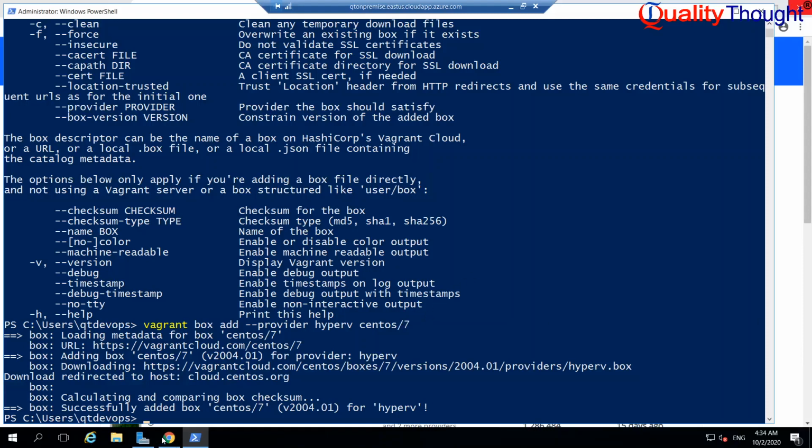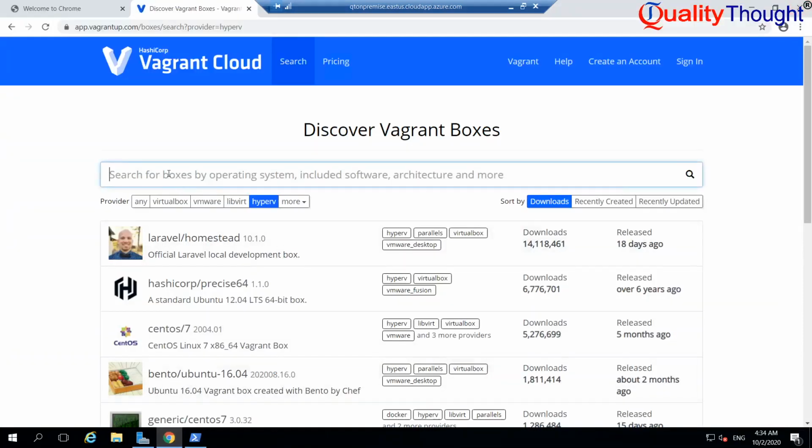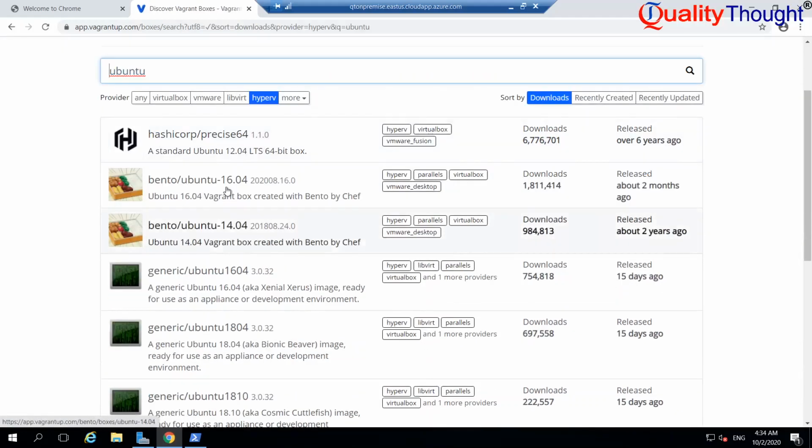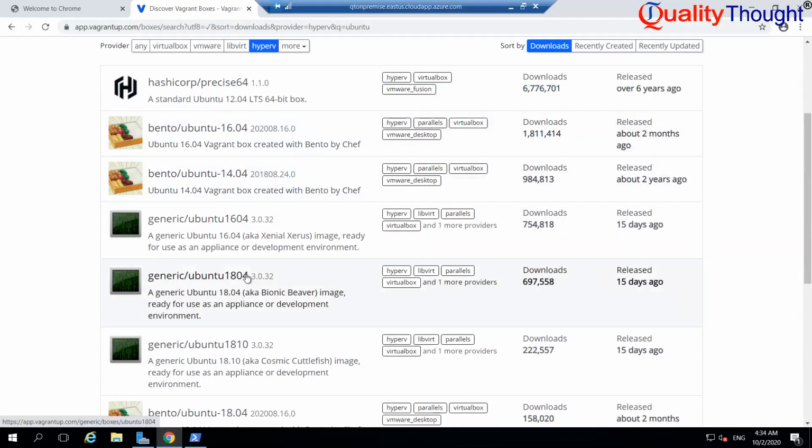Right. Now we have CentOS/7. Now let us search for Ubuntu. You can take any Ubuntu box, Ubuntu 16 or Ubuntu 18. Let us use the boxes which have been released quite recently. This looks okay, so you just need this name.